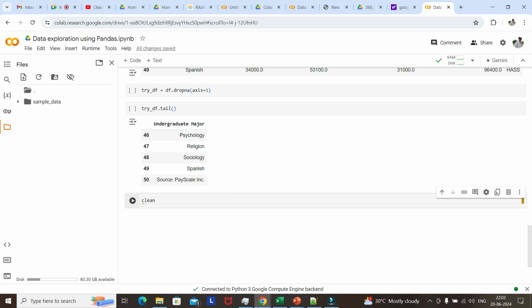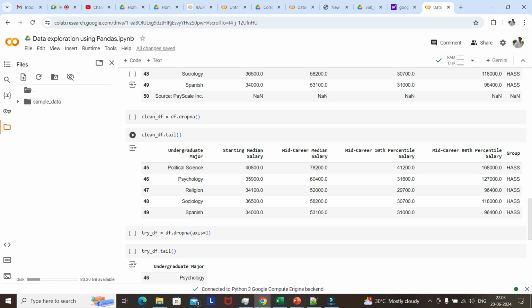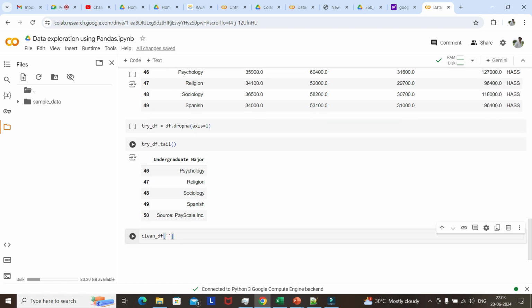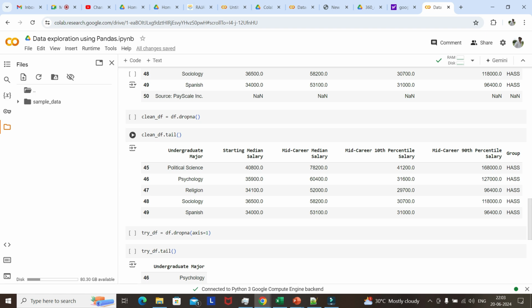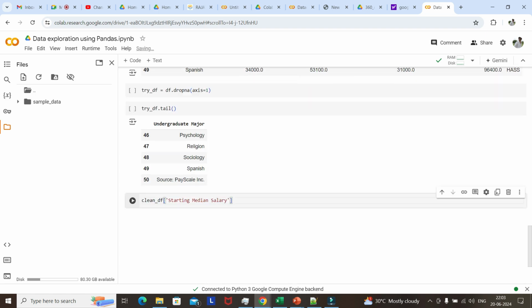It is the plain df data frame that I am using, with the starting median salary. We should be careful when we are giving the column names. Starting space median salary. So if I just execute this,